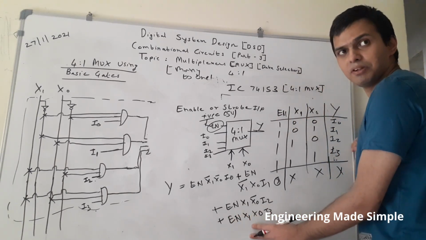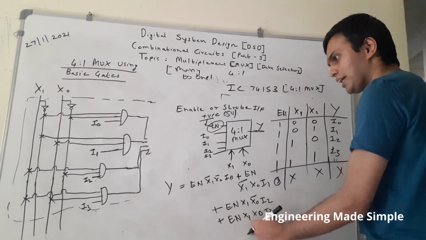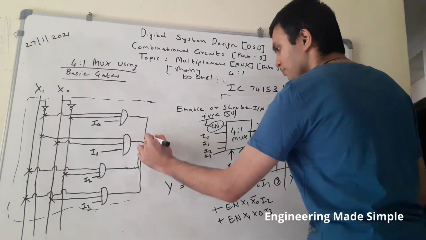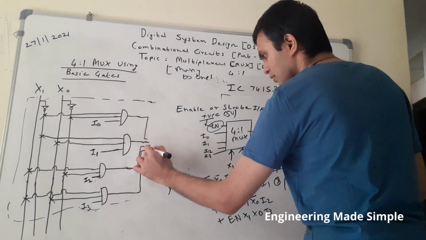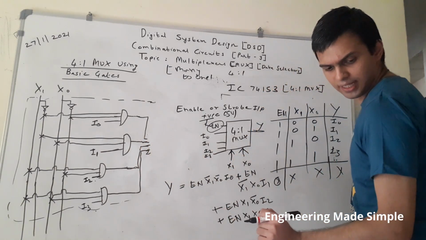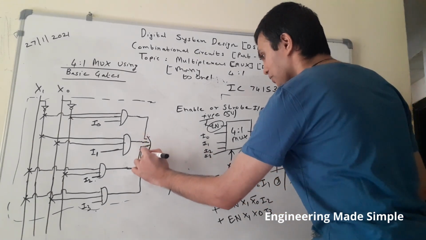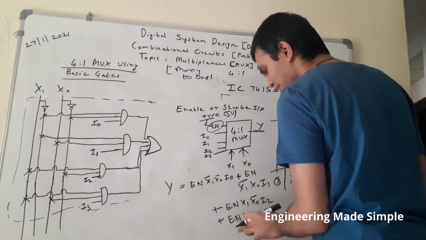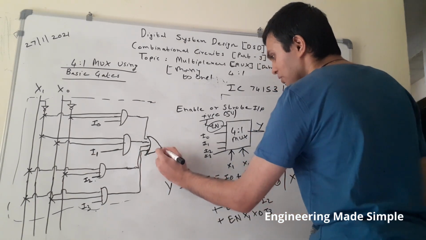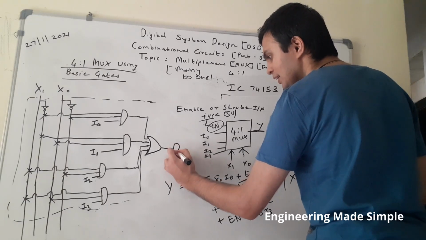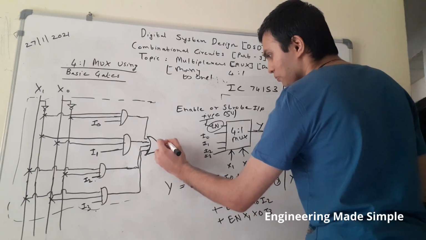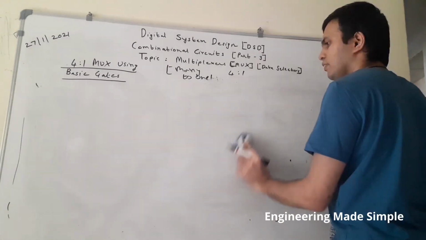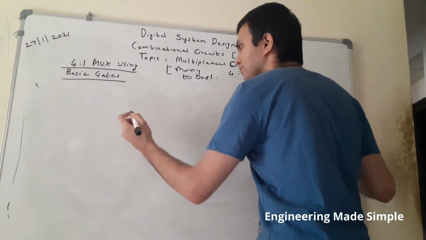So as you can see in the previous system equation, only enable input gets multiplied. Now how will you show that using this particular circuit diagram? So this is a particular circuit diagram. So your final output OR gate will be there. Now we want to add one more input, which is multiplied to each and every term over here. So how will you do? You will simply put an AND gate at the end of this output Y to multiply this with. We will consider the earlier equation only.